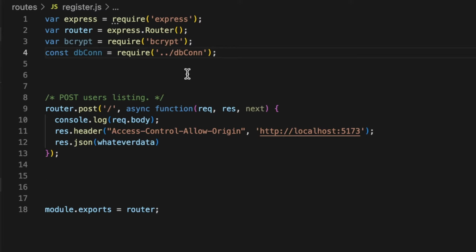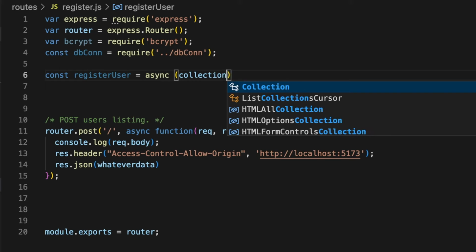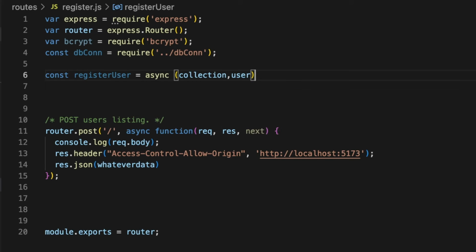Now, the first thing that we need to do, let's write a function, and this function is going to connect to our Mongo database. So const registerUser, it's an async function. Most of the stuff that we're doing now is async, so make sure that this is an async function. This is going to take a collection and a user,